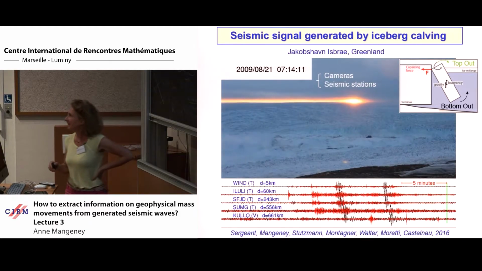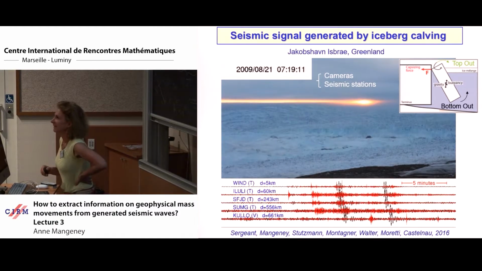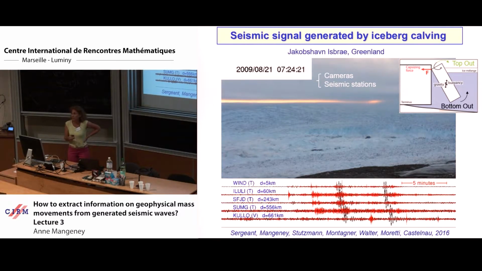Okay, so it is quite impressive. And what is also interesting, I don't know if you look at this, but here this is the signal for the first iceberg, and this one is the signal for the second iceberg. Yes? What is the space of the... This is 1 kilometer. It's very, very big masses.